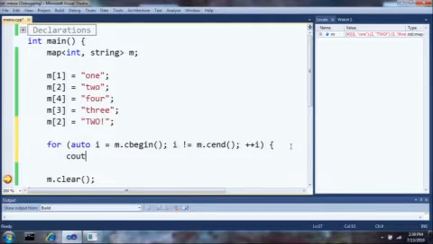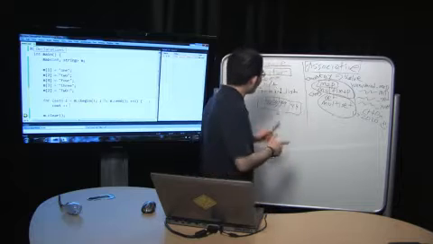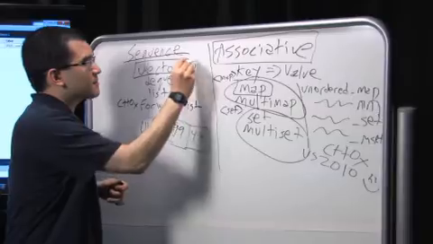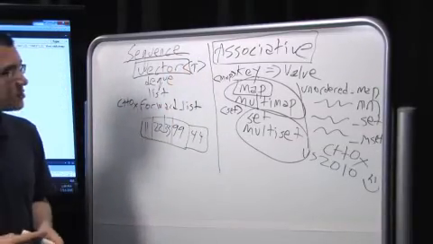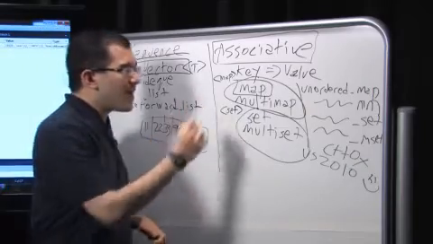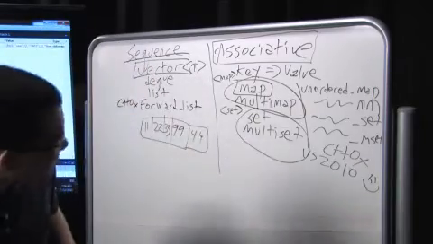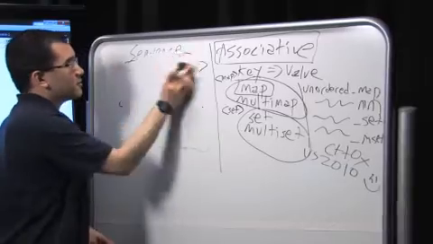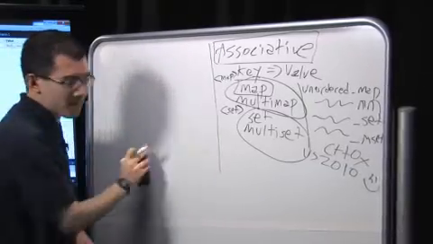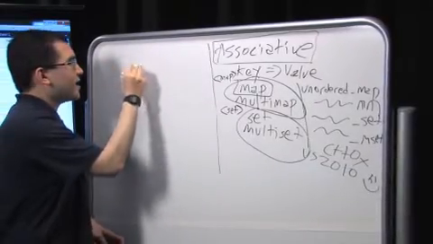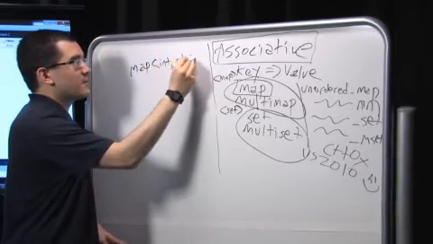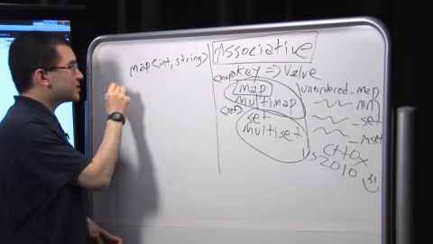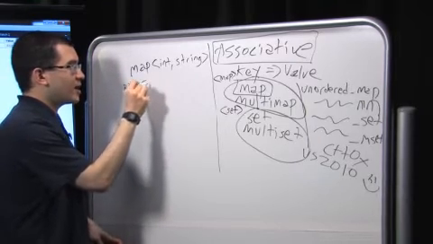And then I can print out the element. So the elements, if I've got a vector of T, its elements are of type T. So vector of int, if I dereference an iterator to a vector, I'll get an int. With map, if I have a map from int to string, its element type is pair of const int,